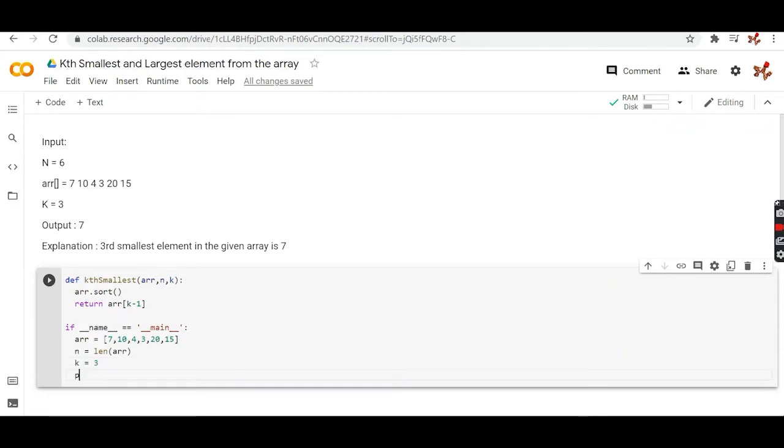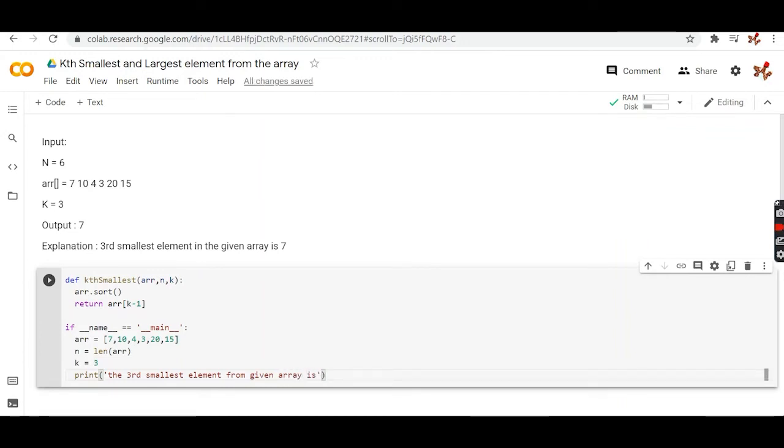So our output should be the third smallest element from the given array is, okay.